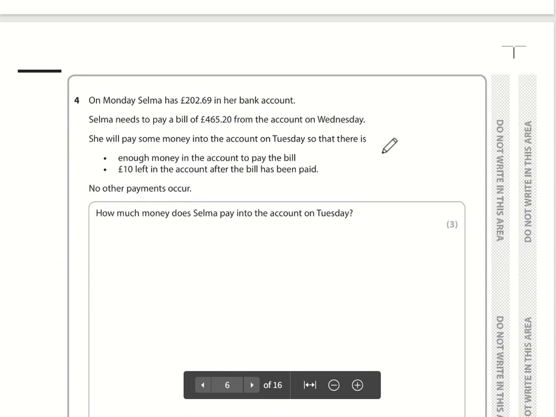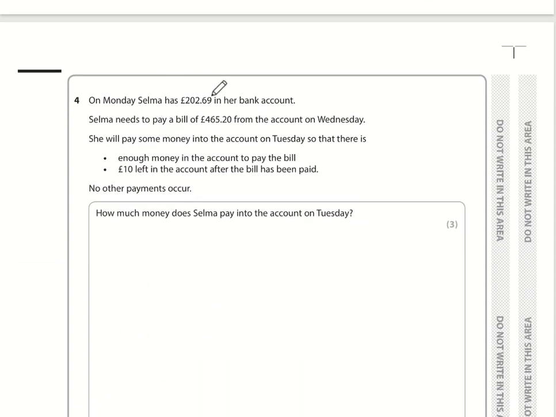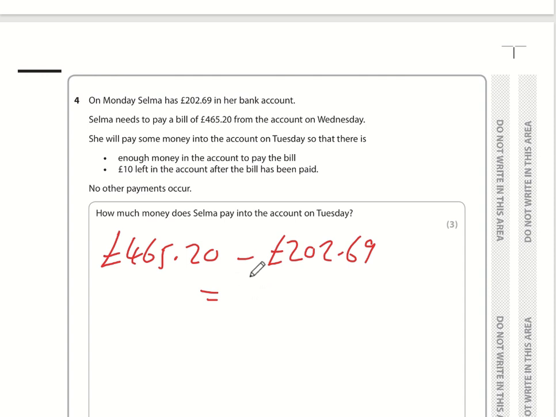Okay, number 4. So Salma has got 202.69 and she's about to pay this bill. So she needs to put some money in her account to top up so that she can pay this bill. So what she needs to put in is the difference between these two amounts. So £465.20, take away 202.69 is £262.51. So if she puts that amount in, that means when the bill comes out she'll be down to 0,